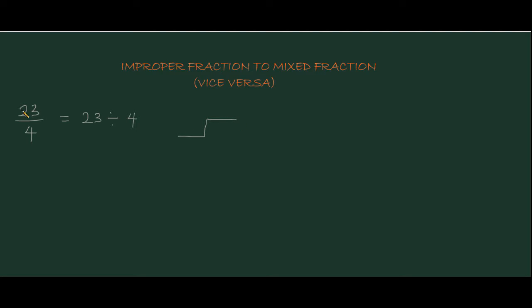I'll put the numerator inside the step and our denominator at the beginning of the step. So the next thing we're going to do is look at how many 4s can we take from 23. If, for instance, we have 23 pieces of matchstick, how many 4s can we take? But I'm going to only do this illustration for this first example. So let's take, for instance, we have